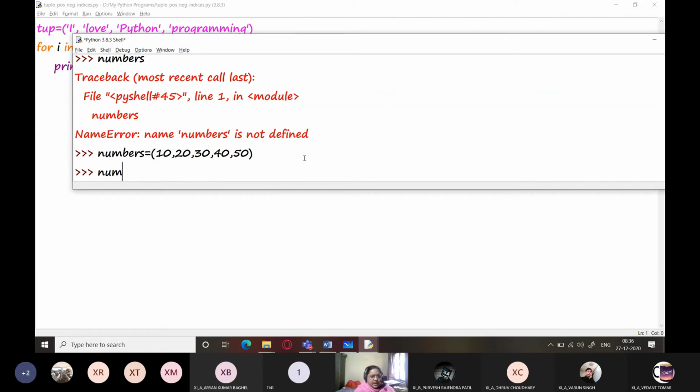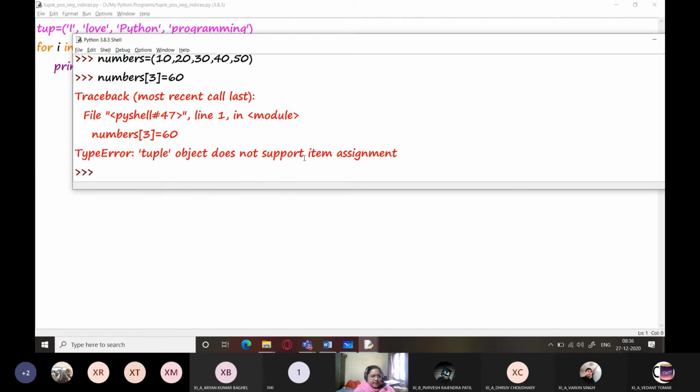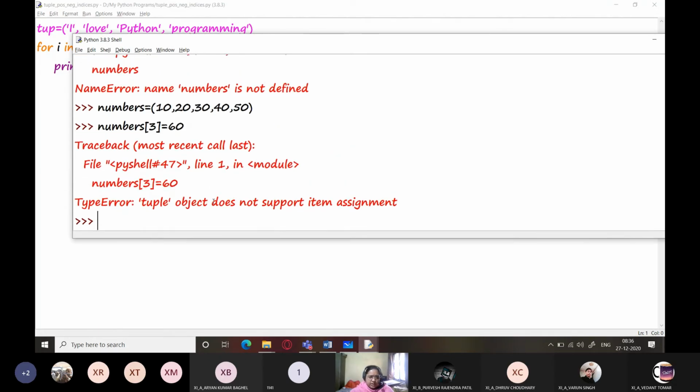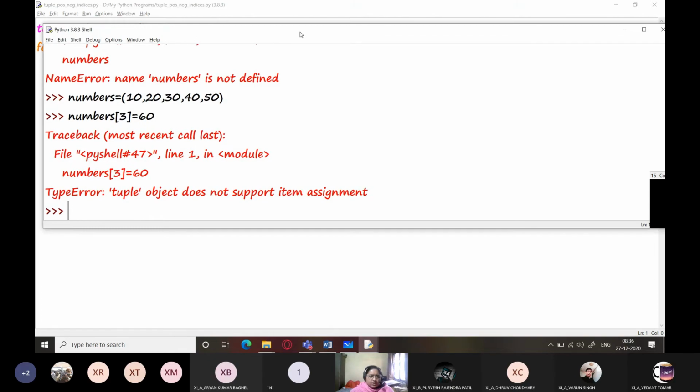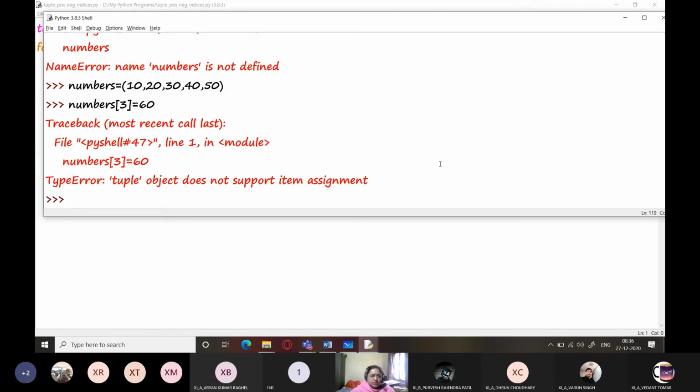This is numbers, and you know that because it is a tuple, if I try to write a statement like this, it will not be allowed, it will be totally rejected. Because individual item assignment is not allowed, but you still want to make changes to the tuple. How can you do this?